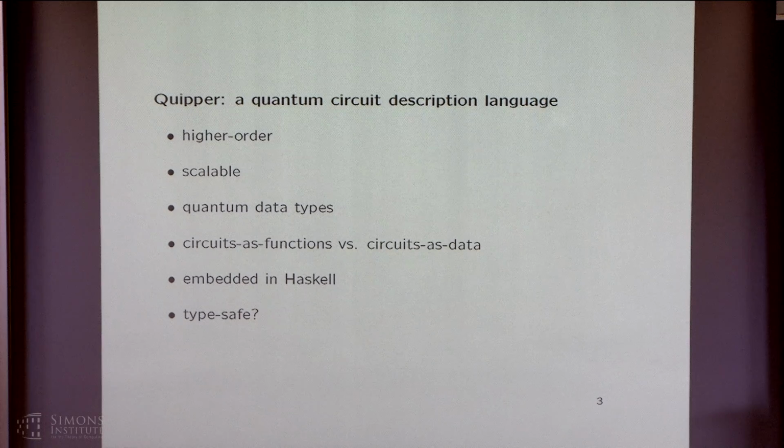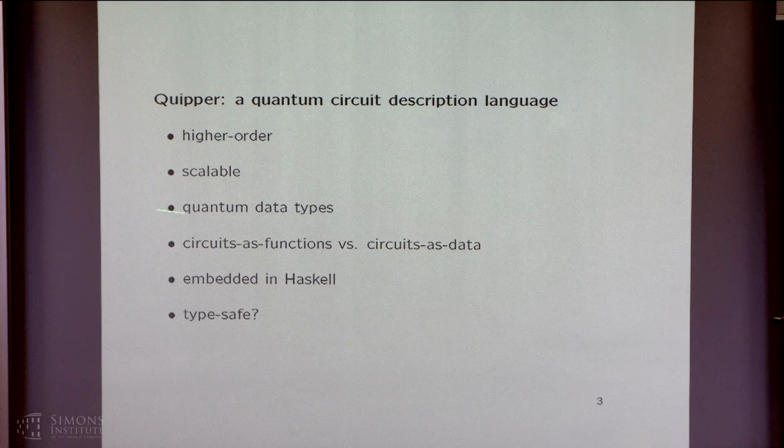So this language that we implemented is scalable in the sense that we have generated quantum circuits with, I think some of the largest ones was 30 trillion gates. So it's quite scalable compared to, say, teleportation, which has like 5 gates. One of the algorithms dealt with doing some computations in number theory, actually computing the class number of some kind of ring. And to do that sort of thing, you need to manipulate in a quantum way quite complicated data structures, for example, representing an ideal in a ring.